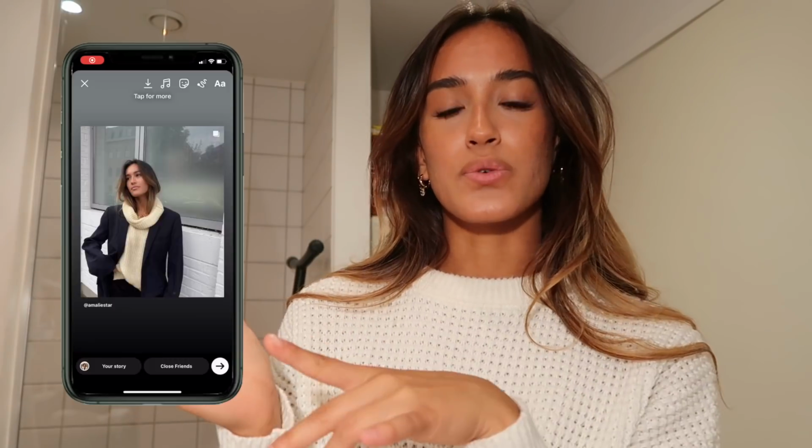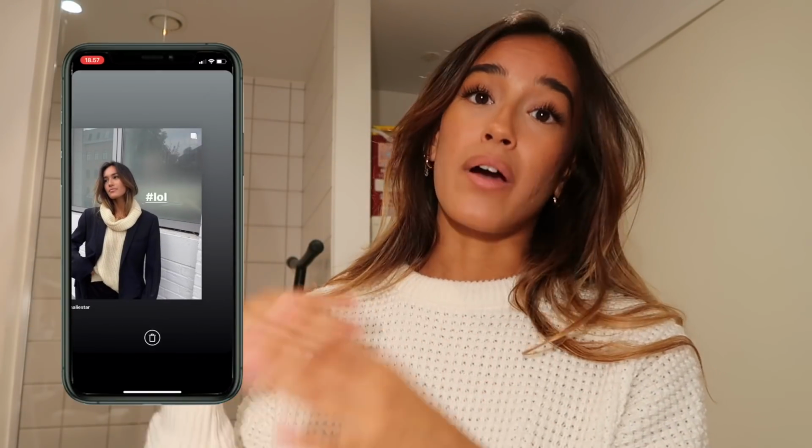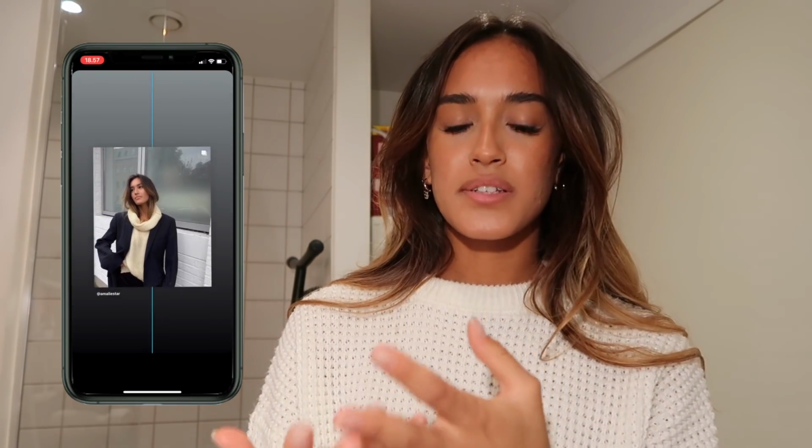So do it. For example, you can do a little comment with a hashtag and then reply to that with just a bunch of hashtags. I've seen a lot of people do that. Or if they post in their stories, they can hide the hashtags behind the photo. I don't use hashtags. Oh my god, take a shot every time I say it.